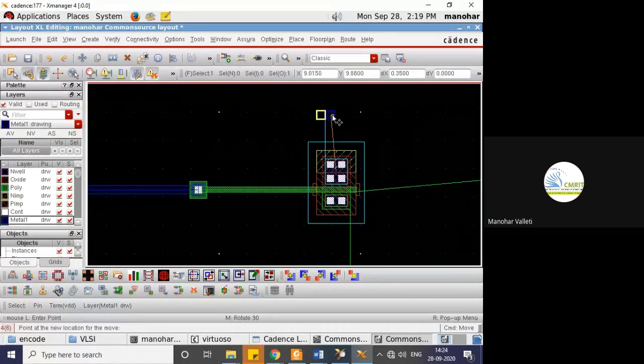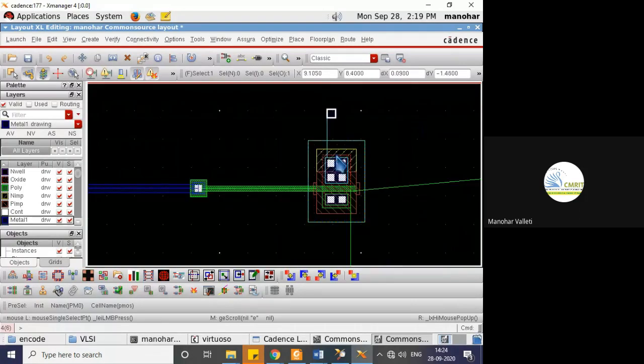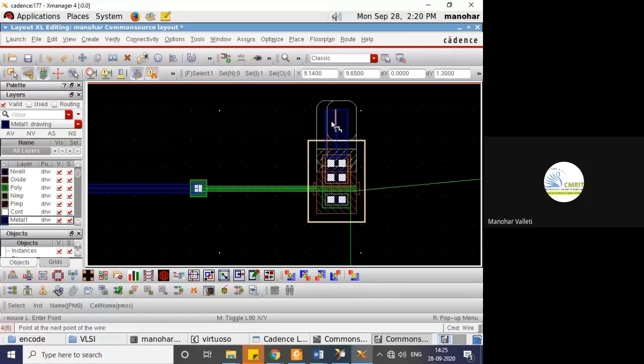Now I'll see the VDD. So you have 2 options here. You may go from here to there or from there to here. But if I start going from the substrate towards the VDD pin, it takes more metal, right? This metal width is more. You just see, I'm putting the cursor there and pressing S. See, the width will be more. I don't want to waste that much metal, so I'll try to come from here. The intention here is I don't want to waste more metal.